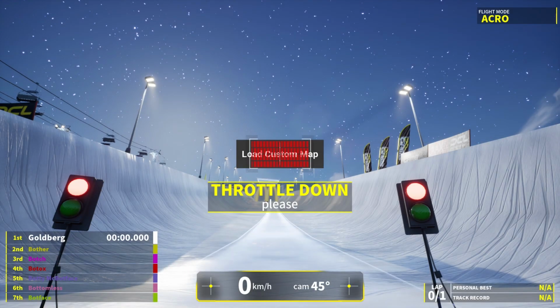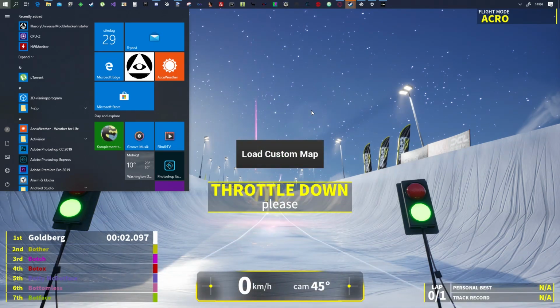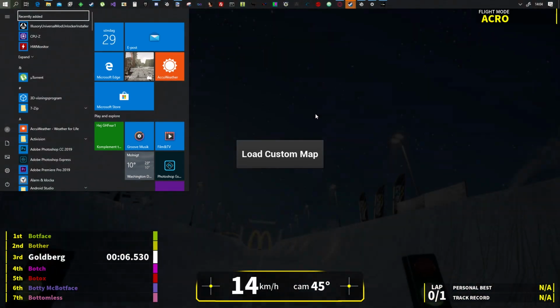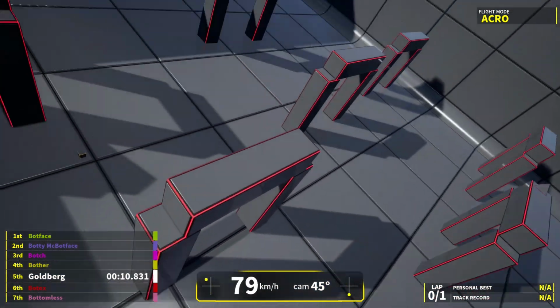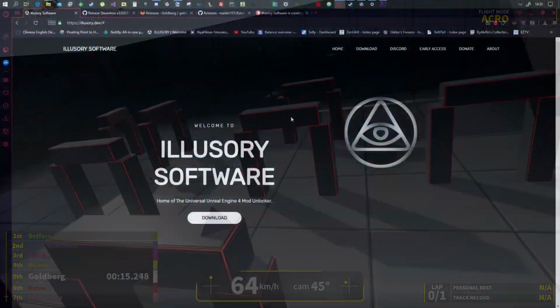And boom, just like that, you can see the load custom map. So I'm just gonna do something real quick. I'm gonna crash this to load a script, and then we're gonna load the custom map, and yeah, so I can show you that it works. So yeah, this is a custom map I made for DCL. It's just a very